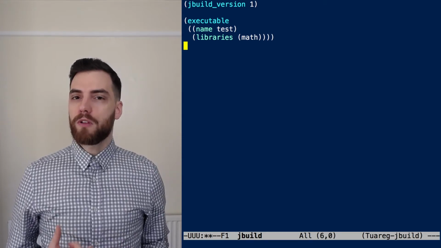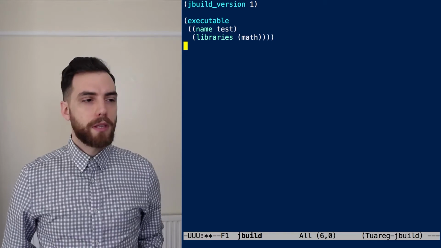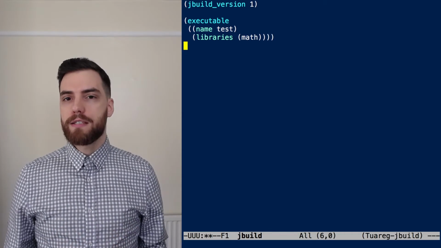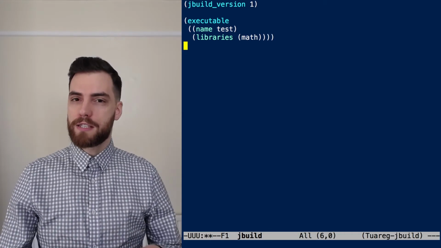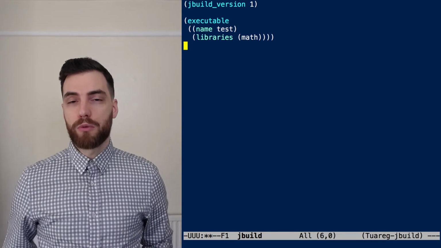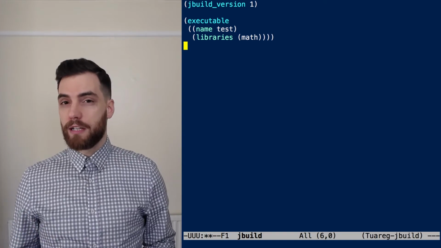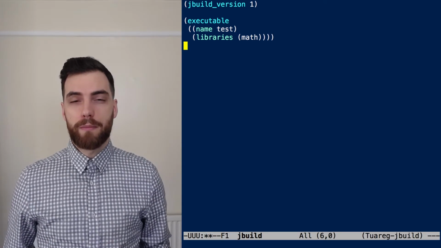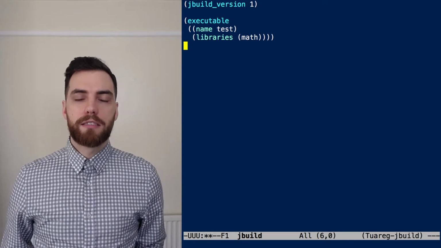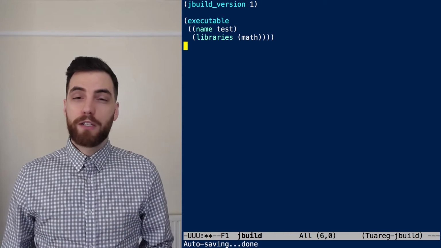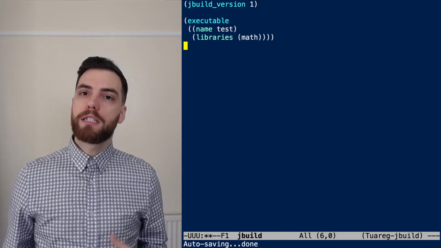However, we have a standard runtest alias. So what are aliases? Well, aliases are simply virtual names that represent sets of targets and actions to run. Aliases are per directory, so in particular the runtest alias in the test directory is not the same as the runtest alias in the src directory. The way we define an alias in a directory is by writing an alias stanza.